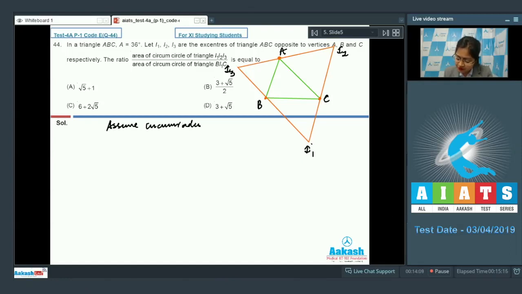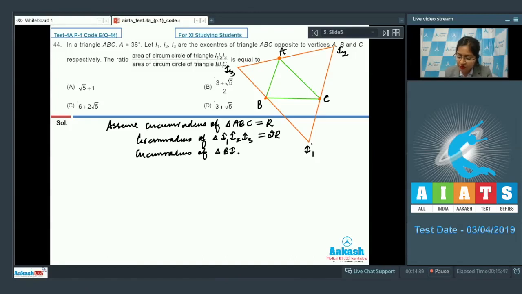Now here let us assume the circumradius of triangle ABC is equal to R. Now here triangle ABC is the pedal triangle of triangle I1 I2 I3, right? So we can say that the circumradius of triangle I1 I2 I3 will be equal to 2 times R. This is very much clear, right? Now also let us assume the circumradius of triangle BI1C, which we have to find, is, let us say,